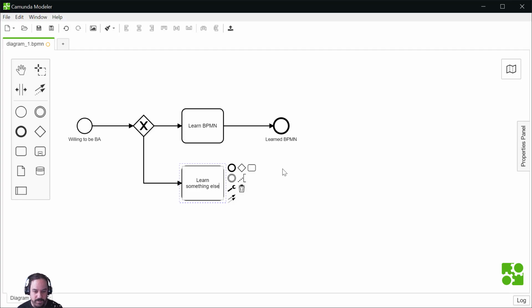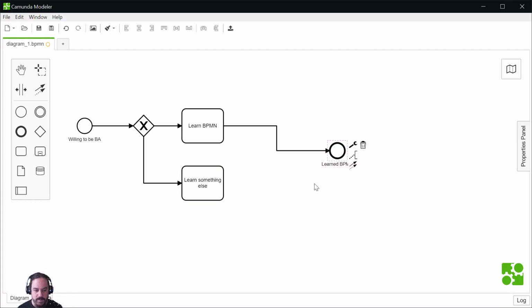That's an odd task, but why not? And we'll see something that is not intuitive, because there is some non-intuitive stuff. But if you think about it a bit, then it becomes clear why you have to do that. Here we have Learn something else and Learn BPMN, and we would like to end the process for both. One error, one mistake, would be to do this.